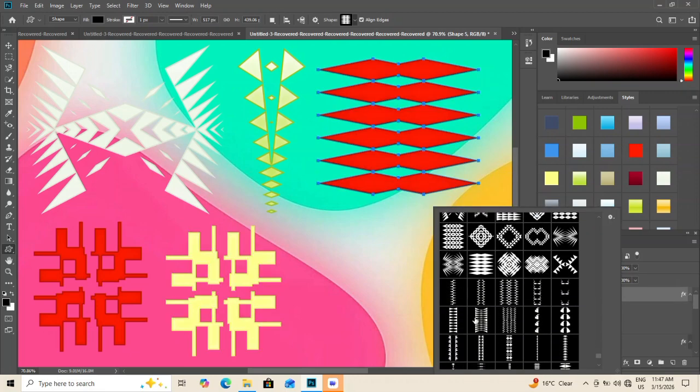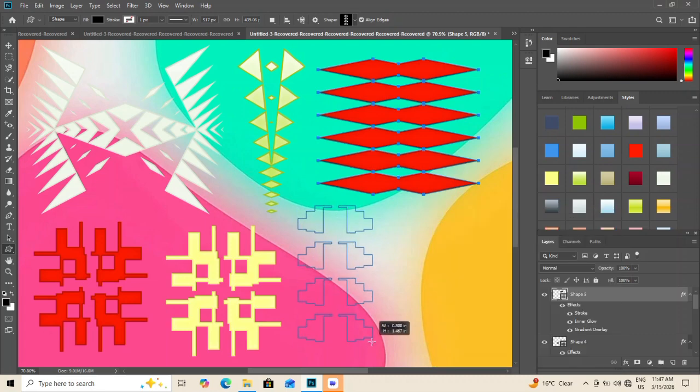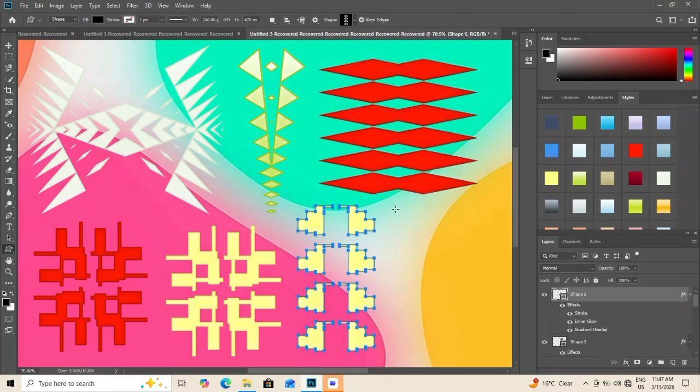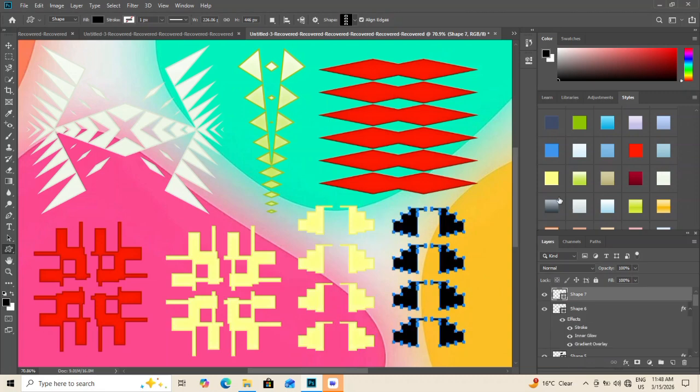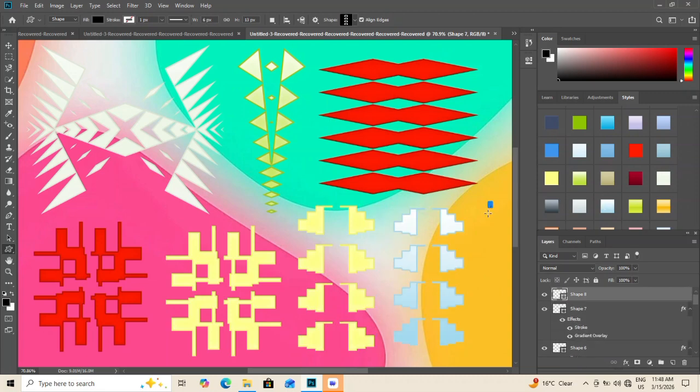Change the blend mode of the texture layer to overlay or soft light depending on how strong you want the effect to appear. Duplicate the texture layer and apply Filter, Other, High Pass with a radius around